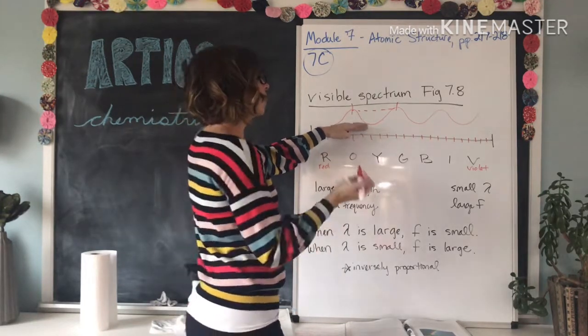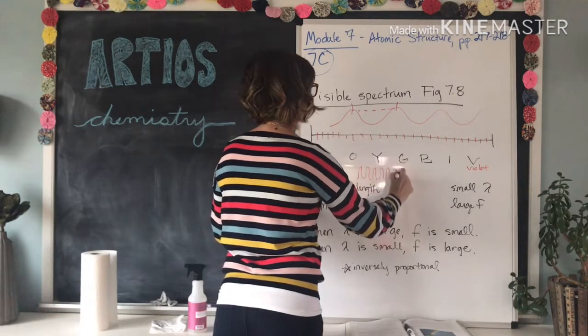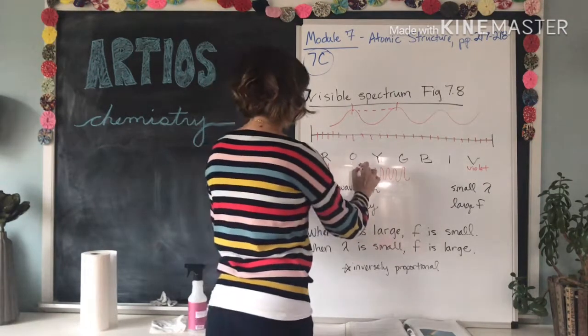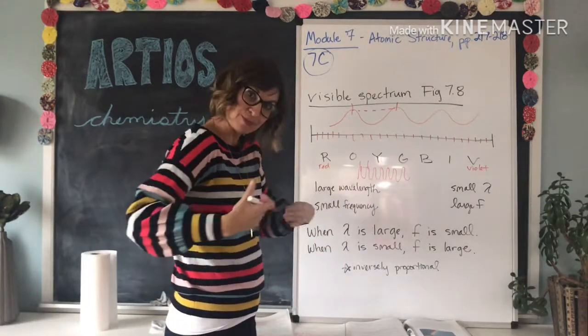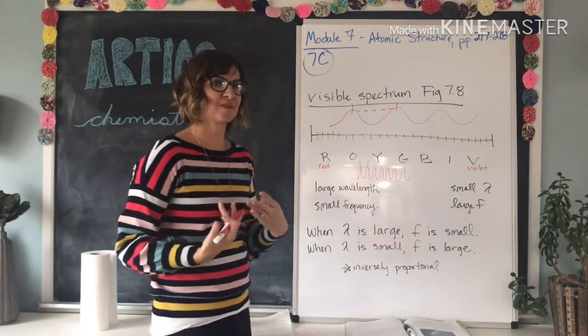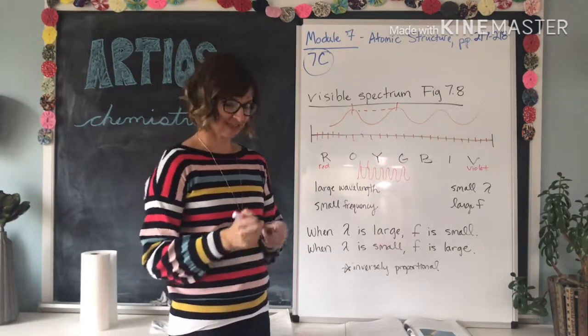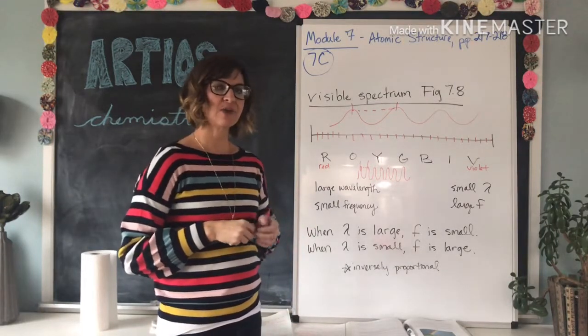If you have waves on a beach that look like this, your wavelength is a lot smaller, but you're getting hit with a lot more waves per second. So the frequency that you're getting hit with the waves is a lot bigger. I hope this makes sense in your minds. The two, wavelength and frequency, are what we call inversely